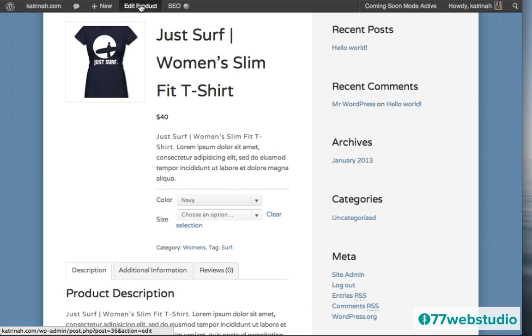So if we go up to edit product and we set the price, then small will be displaying as well. So I just went over this example, so I'm not going to cover that again. You can review the previous step to see how to set the price, and when you set the price, then all of the different versions will pop up.